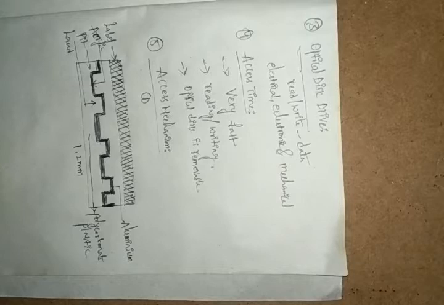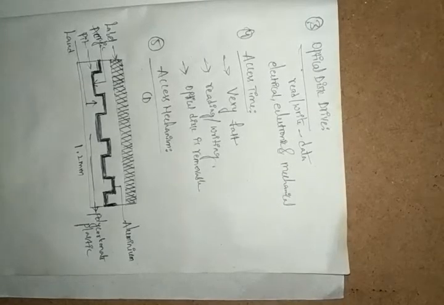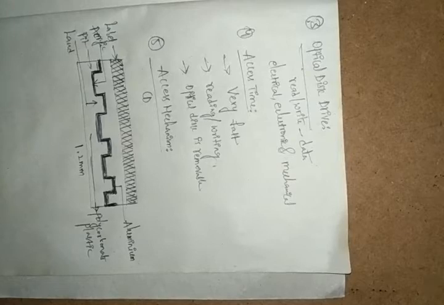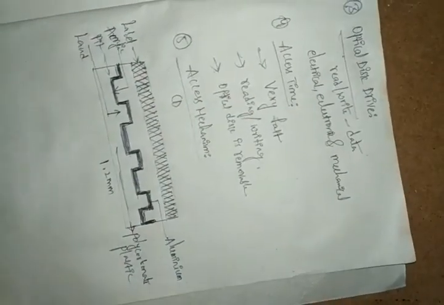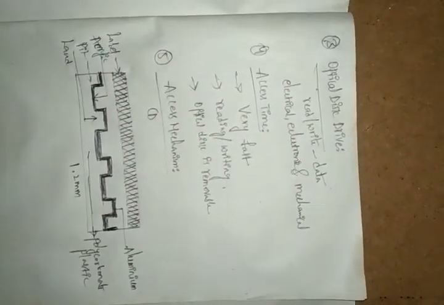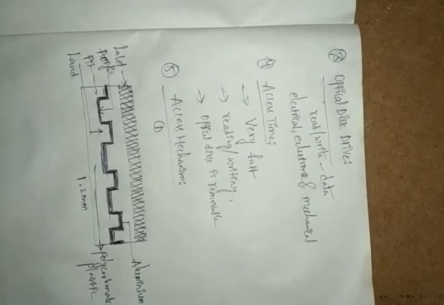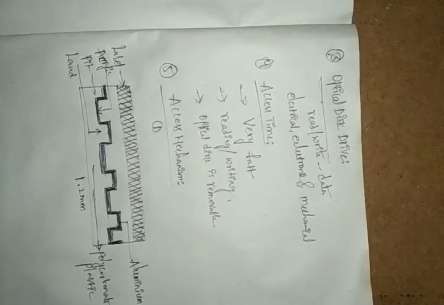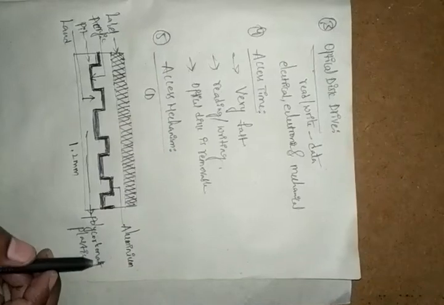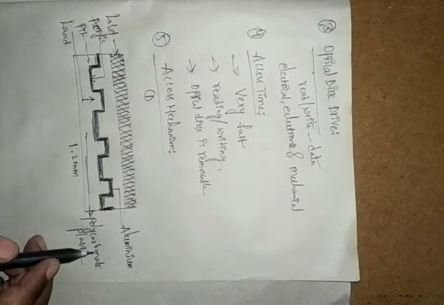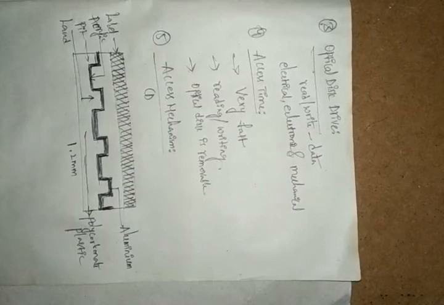We can call those tiny dots pits, and the regions unaffected by the laser beam are called lands. Here it is not affected by the laser beams. So here we have the lands. It is covered with a layer of aluminum, and again coated with acrylic, and it is completed with the final covering layer, which is a thin label.